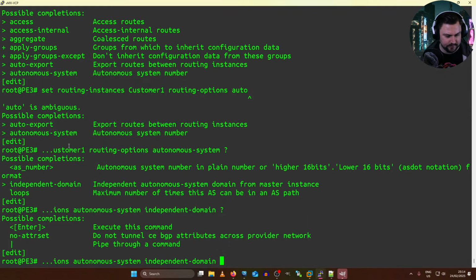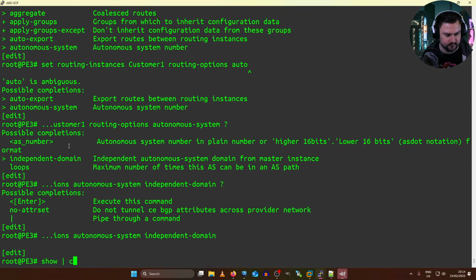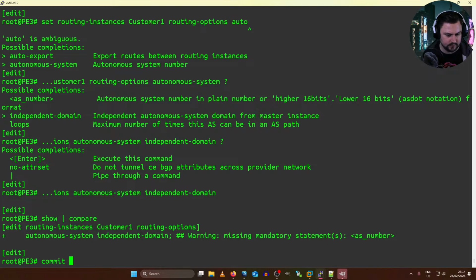Independent domain. No, but I'm not doing any BGP in the customer's network yet, so that should not be the fix.